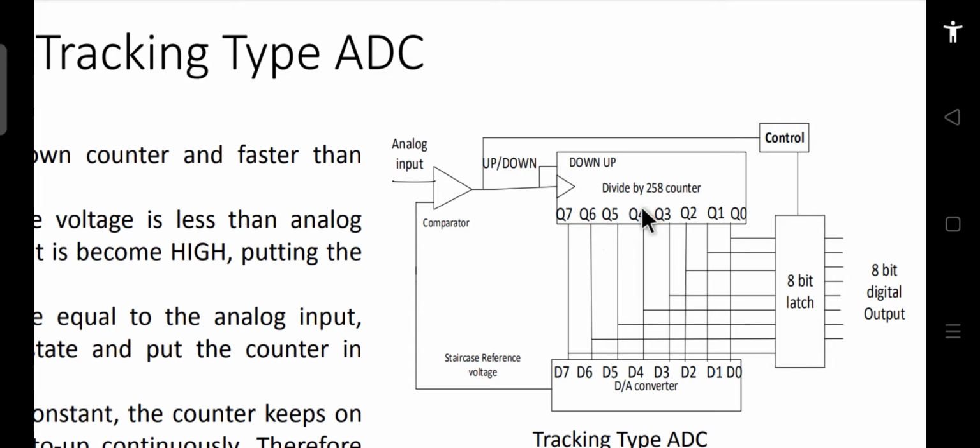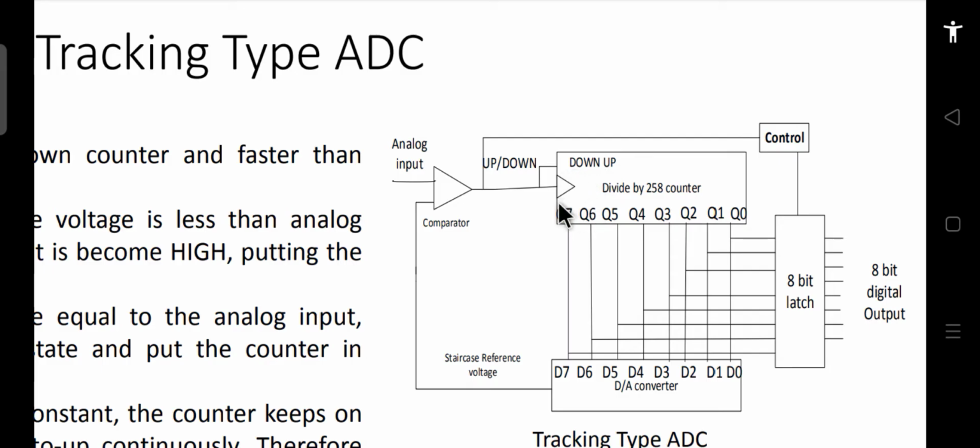Because of this up-down counter, rather than resetting the counter again and again whenever the input changes, if the input decreases, the counter can count in the downward direction also.